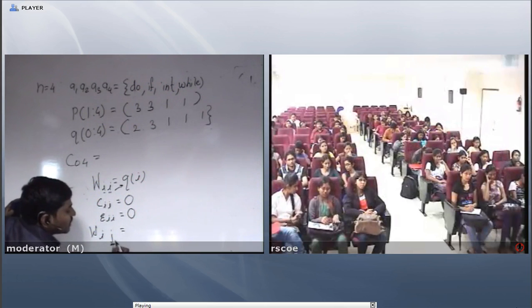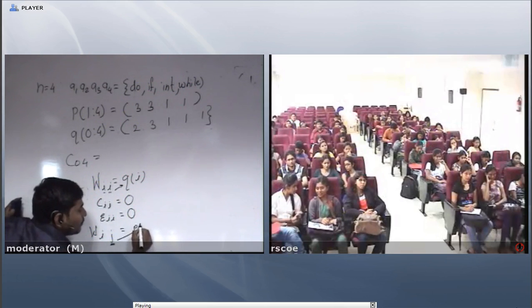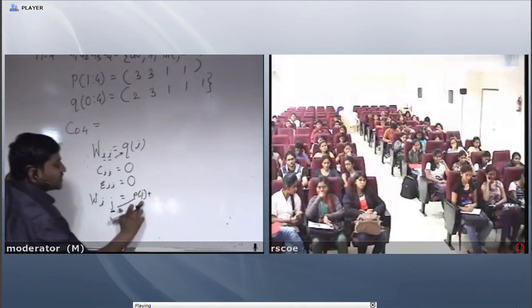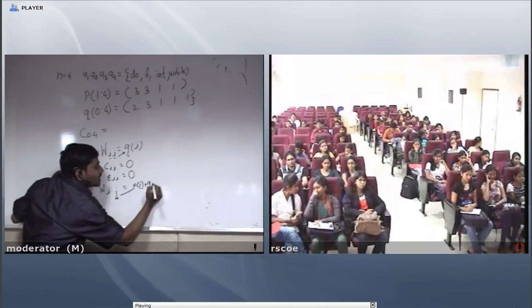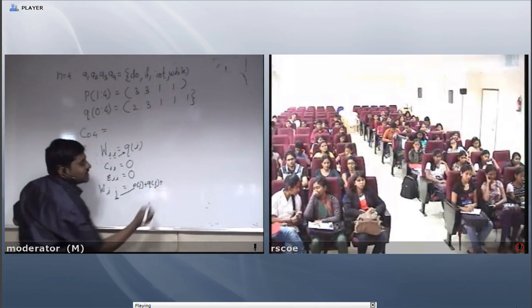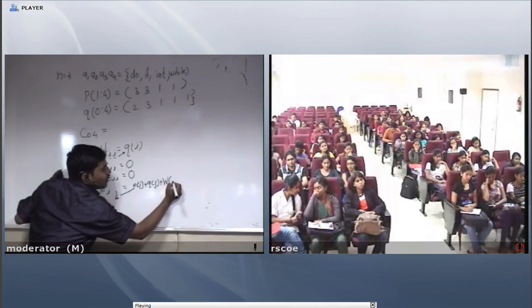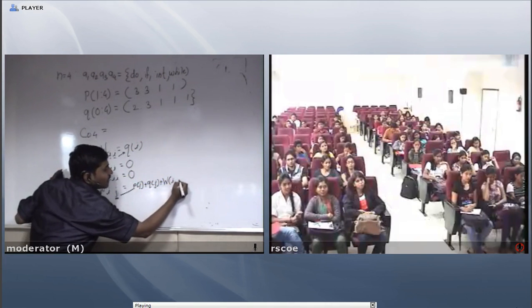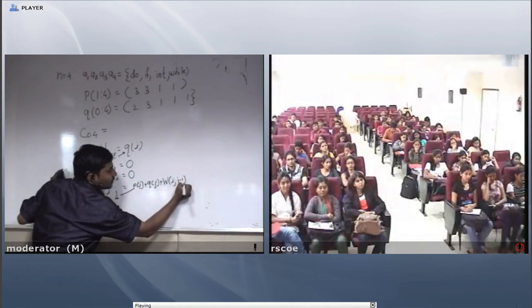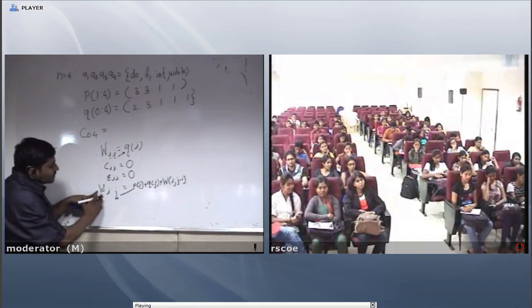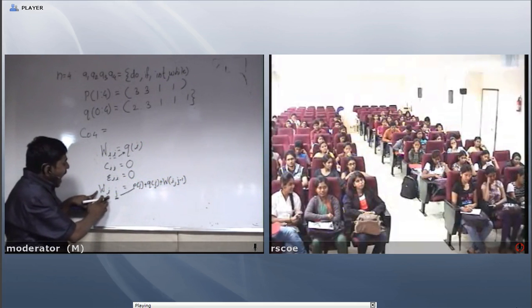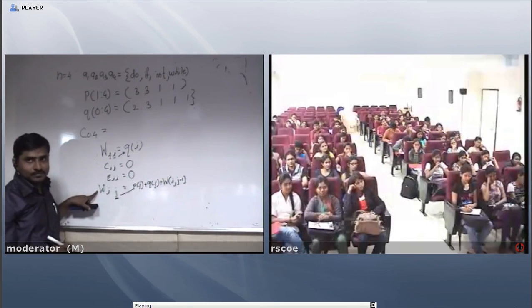Consider the second element, W_j. So I write P of j, the successful search of j, plus Q of j, the unsuccessful search of j, plus the weight of i, j minus 1. This is the formula for calculating the weight from node i to node j.